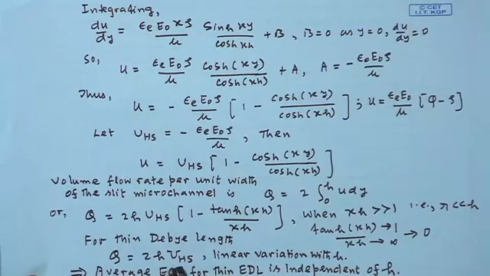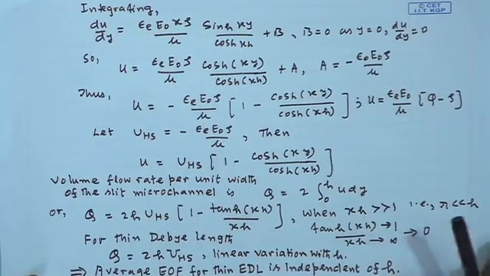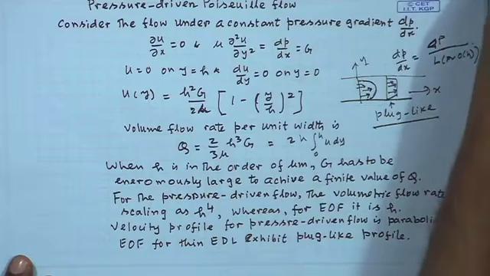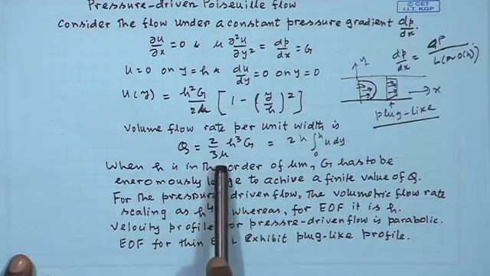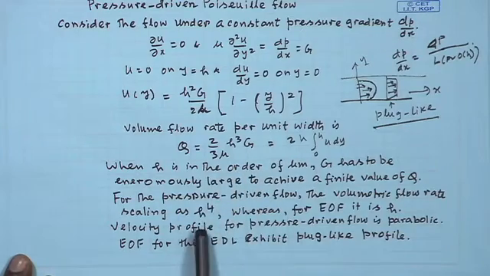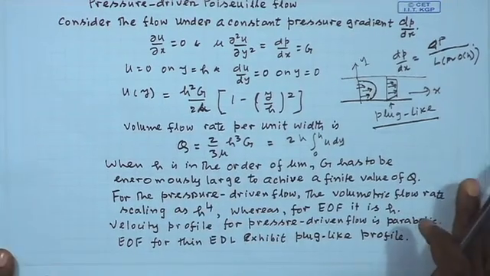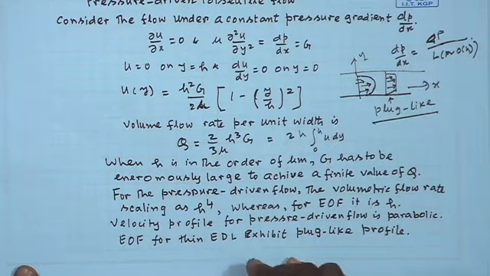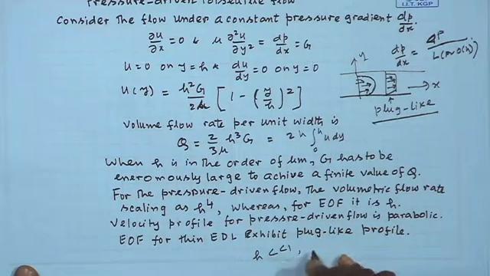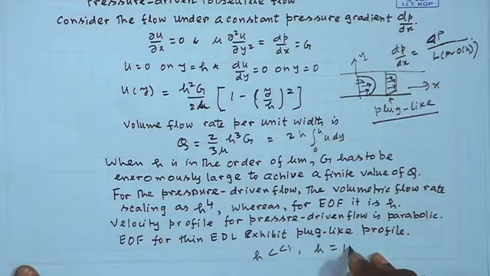For the pressure driven flow, it scales as h to the power 4. When h is very small, of the order of 10 to the power minus 9 meters, a nanometer scale,